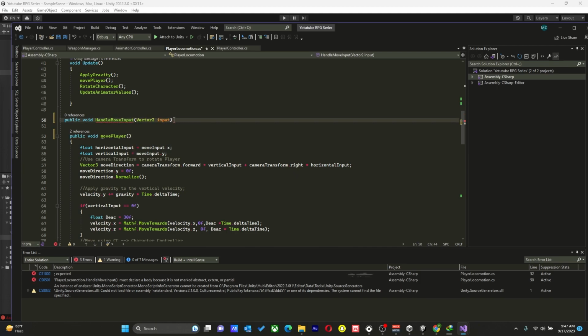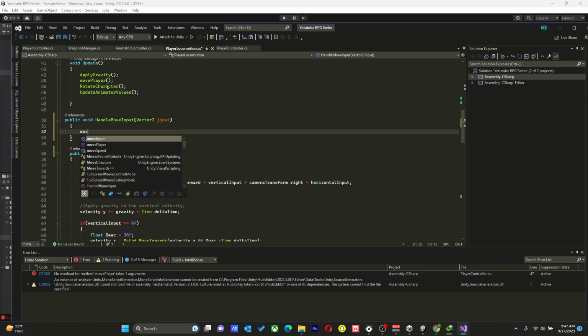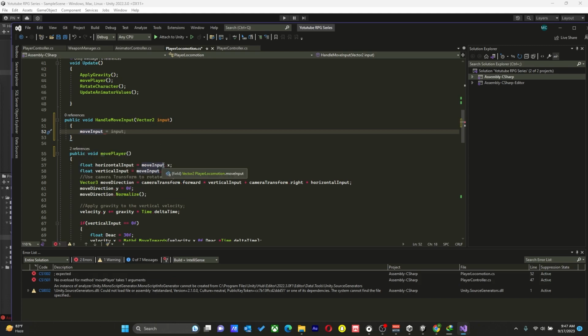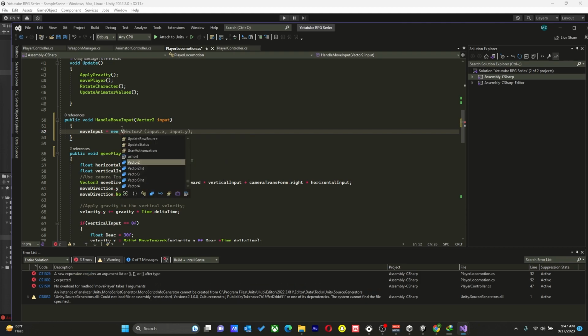Remember we have the move input here that we're accessing. It's going to say move input is going to be equal to new,